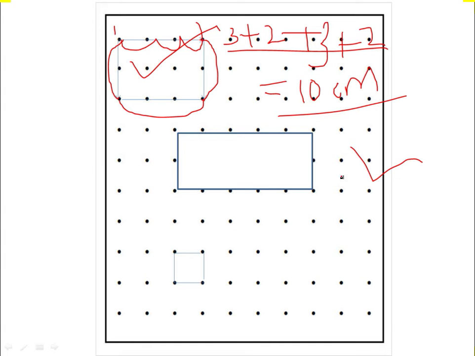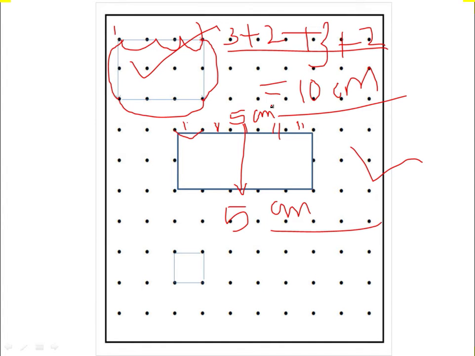Now dear students, I hope you have tried your best and you are ready to tally your answer with my answer. As I already told you, the distance between this point and this point is 1 centimeter, isn't it? So this is 1 centimeter, again 1 centimeter, 1 centimeter, 1 centimeter, and 1 centimeter. So 1, 2, 3, 4 and 5. This side will be 5 centimeter. If this side is 5 centimeter, then automatically this side will also be 5 centimeter, because in a rectangle two opposite sides are equal, isn't it?